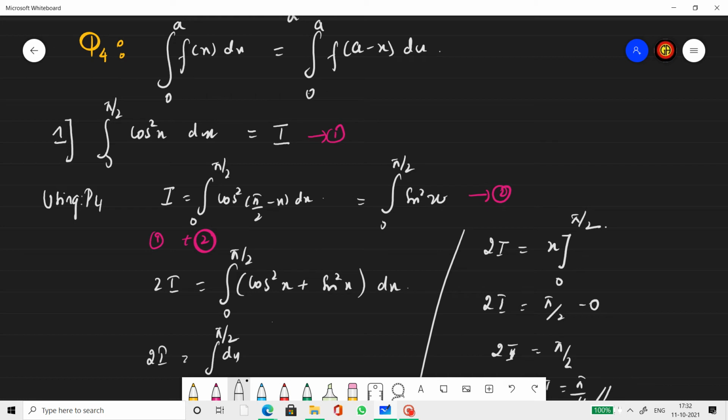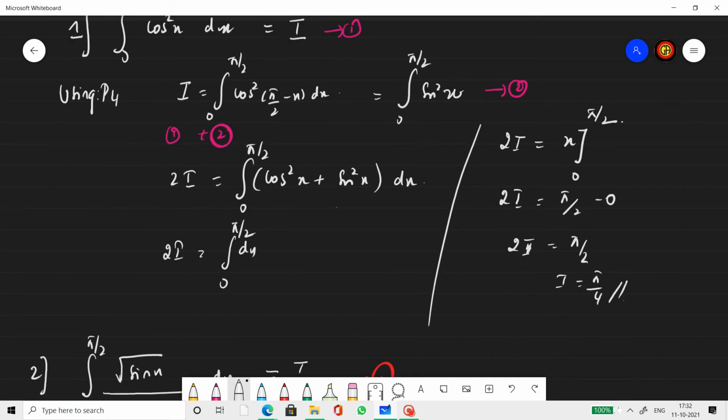Cos square x plus sine square x is 1. As per the trigonometric identity, cos square theta plus sine square theta is 1. So what we have to integrate is only dx here. Integration of dx is x, and then upper limit minus lower limit. You get pi by 2, and bring the 2 down, it's pi by 4. The next question,